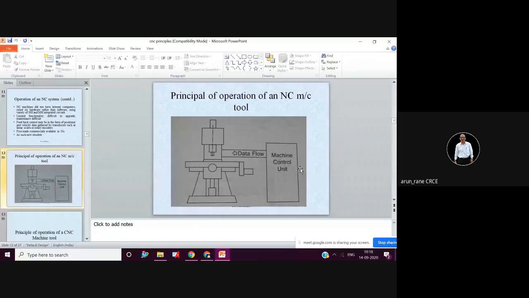This program is converted into machine language. It is amplified and then that data flows to the electric panel, which is exactly behind this, or it can be anywhere, behind this or on the sides. The electric panel consists of drives, relays, contactors, transformer, SMPS, capacitors, etc. And this is your table, and this is your motor. So this sketch can be drawn.